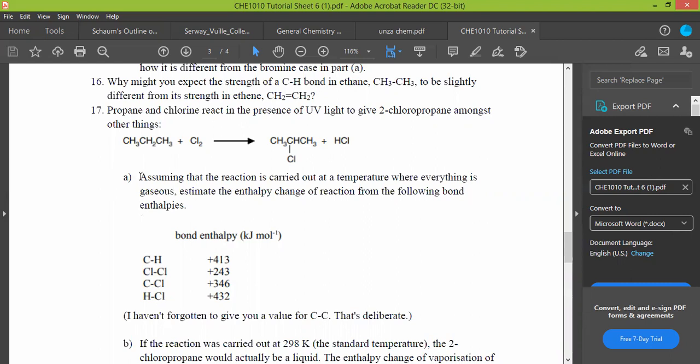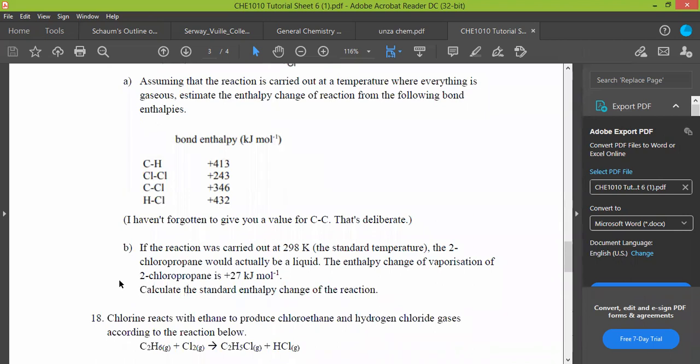Okay, look at A. They are saying, assuming the reaction is carried out at the temperature where everything is gaseous, meaning it is in gaseous form, meaning even this product is in gaseous form. But look at what is happening in B. In B, they are telling us that if this was carried out at 28 degrees Celsius, what is going to be produced is actually going to be in liquid form and not gaseous form. Okay? Meaning, when it is formed, it is going to be formed in a